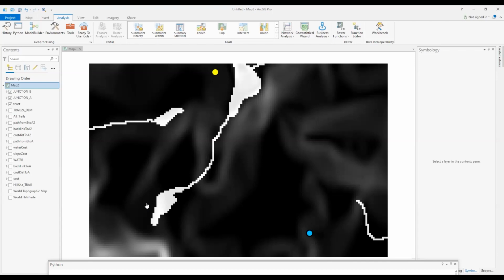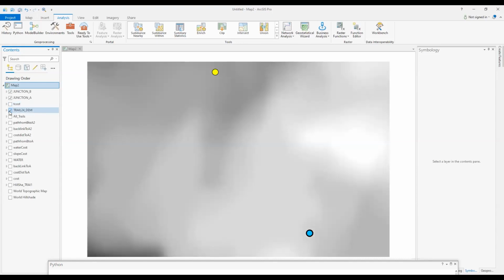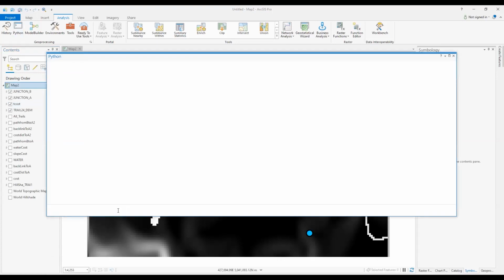Considering path distance now, path distance requires both a source and destination, as well as a total cost surface created in the normal way. So that's our T-cost surface from the previous examples, and a digital elevation model, so that the actual surface distance traversed can be taken into account with the cost, so it weights the cost values. So going to Python, to create the path distance, which is the same as cost distance, but taking into account